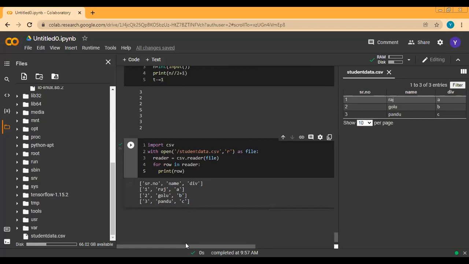Then, ma'am, will it change whatever changes I make in Excel? Is it possible?